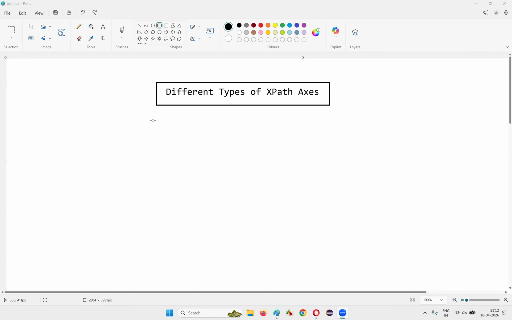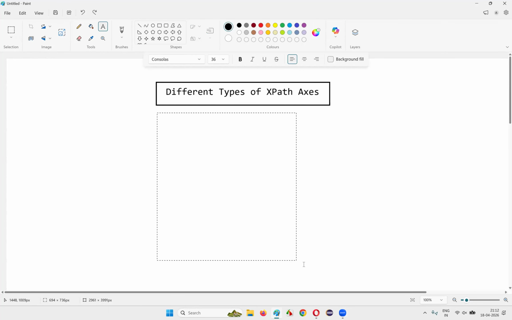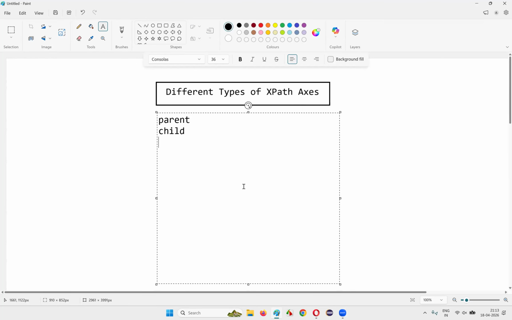In this session, I am going to list down the different types of XPath axes. So let's get started. What are the different types of XPath axes we have? First one is the parent axis, then child, then we have the ancestor axis, then we have